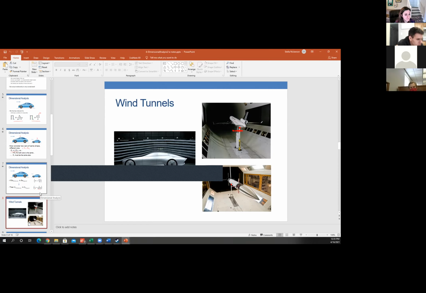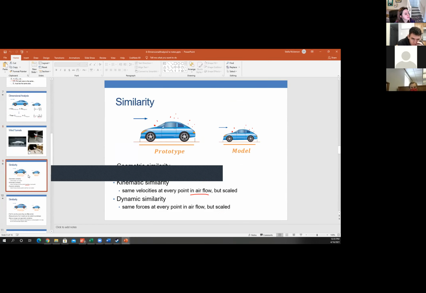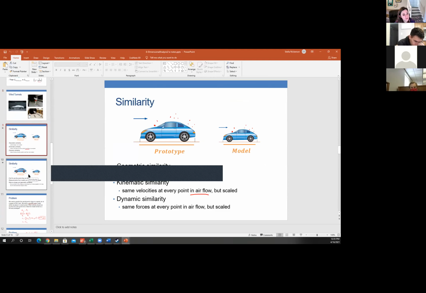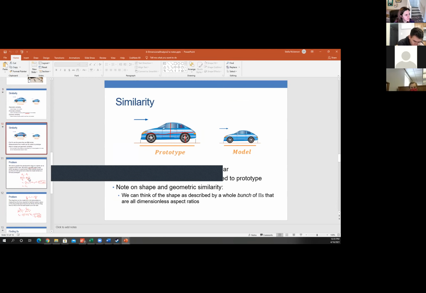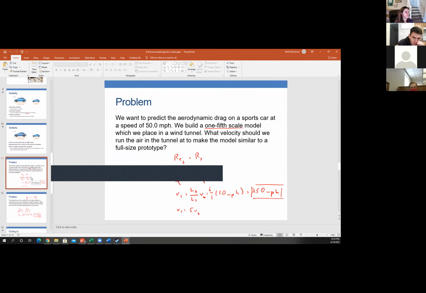It's how they work. So you can take a really small plane, or like a 10-foot plane, and put it inside a wind tunnel, and you can use that to figure out what the drag on a really big plane would be. And the way you do that is because you have to make sure that all the dimensionless groups for both of them are the same, and then you can do it. So for example,